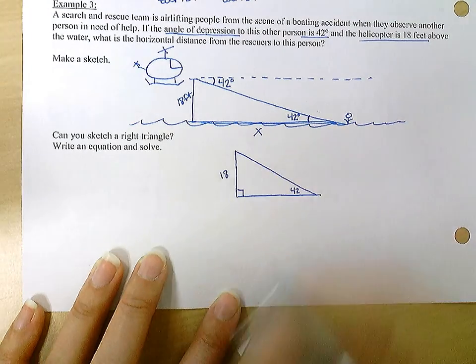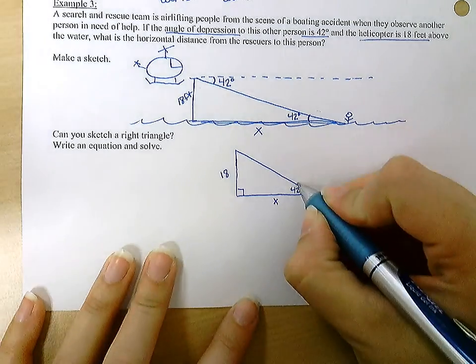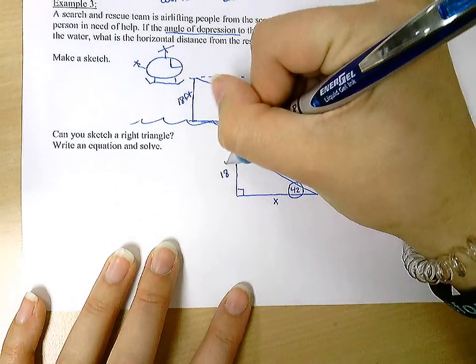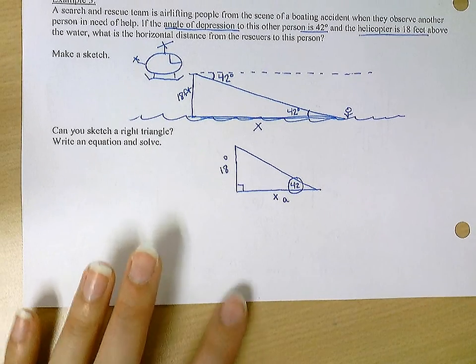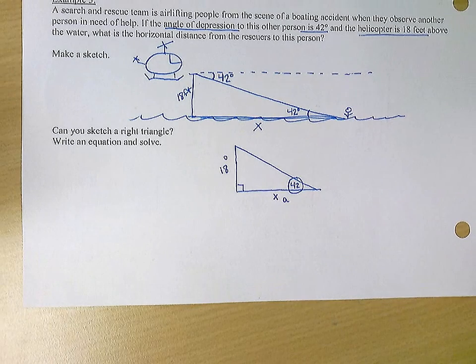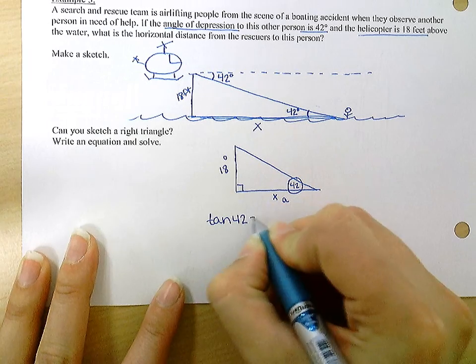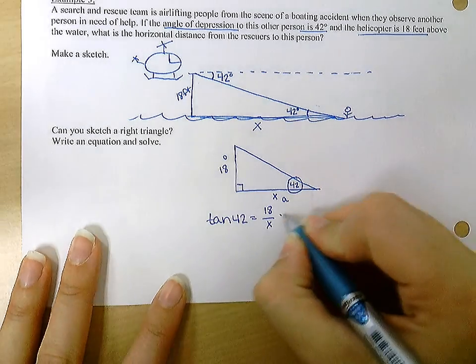This side is 18, this side is x, and again we can use our trig ratios to solve for that side. So I want to go from my angle 42. I have a side of 18. That is opposite. Side of x is adjacent. Again, I'm going to use tangent. No, it is not always tangent for these problems. It just happened to be on our examples. Not always tangent. So I'm using tangent of 42 is equal to 18 over x, multiply by x,